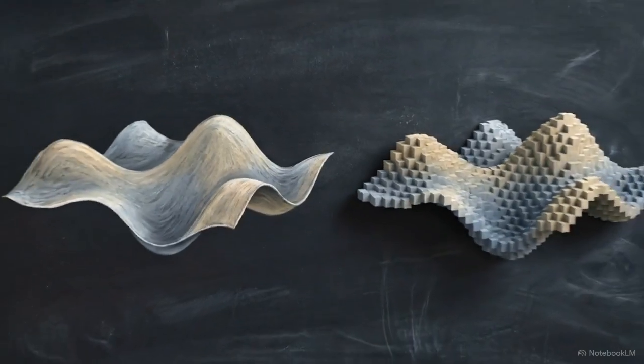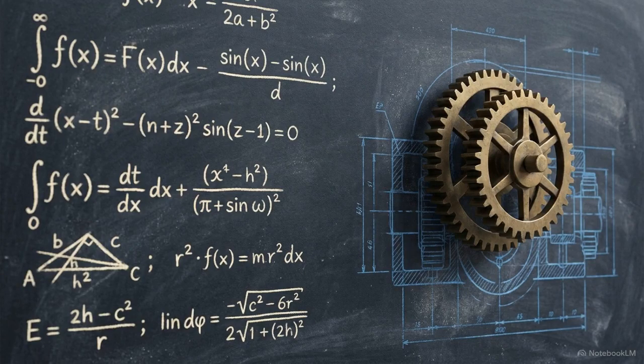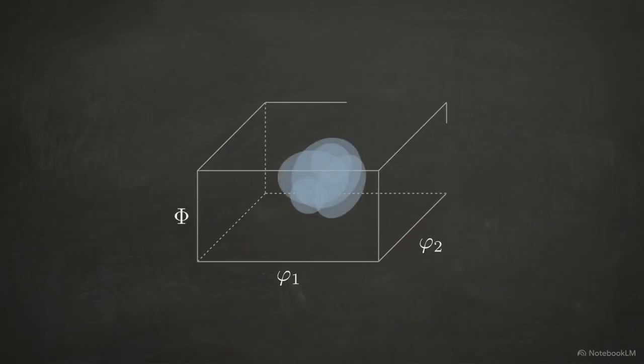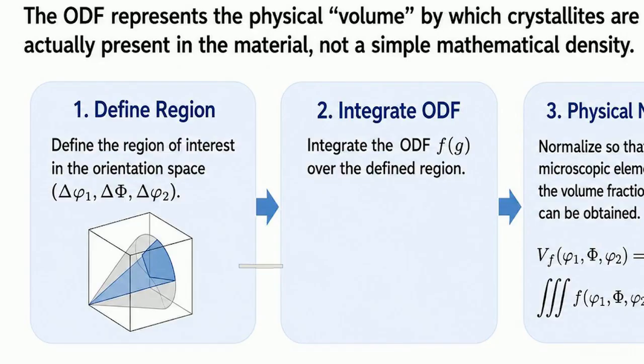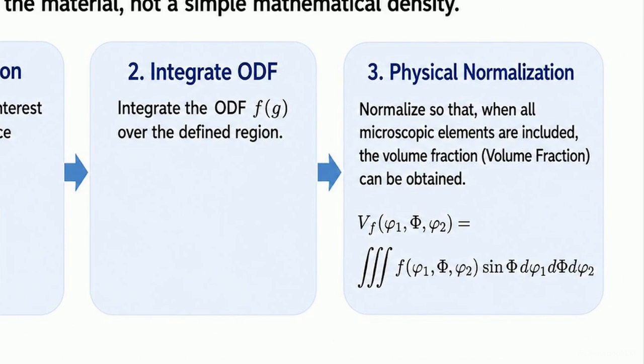strength. With the data accurately modeled, we move from theoretical mathematics back to the practical engineering objective, extracting the physical volume fraction of a specific texture component. First, we isolate a specific region of interest within the orientation space, bounded by discrete Euler angle intervals. Calculating the fraction of material occupied requires integrating the ODF directly over this bounded region, maintaining our geometric sin phi